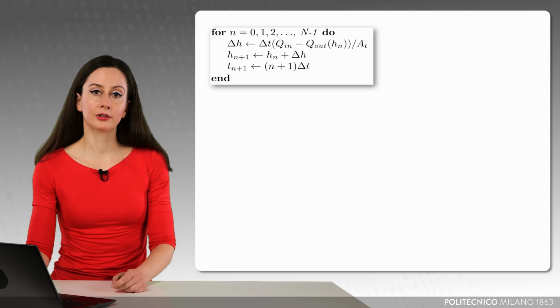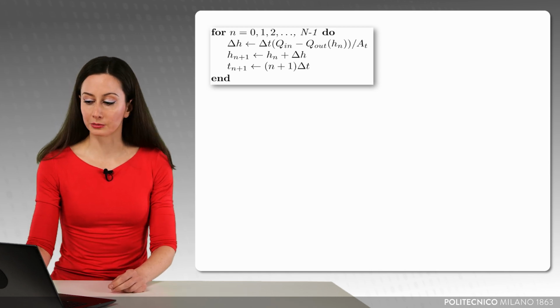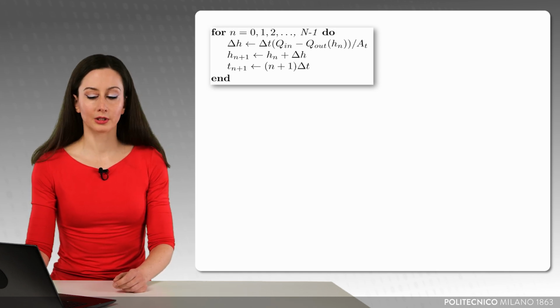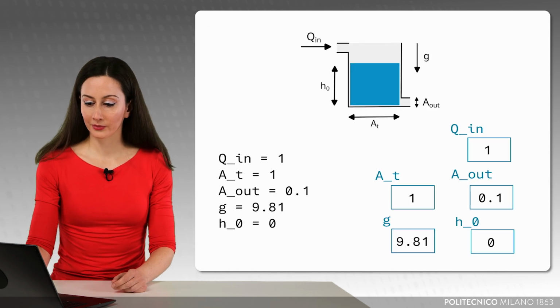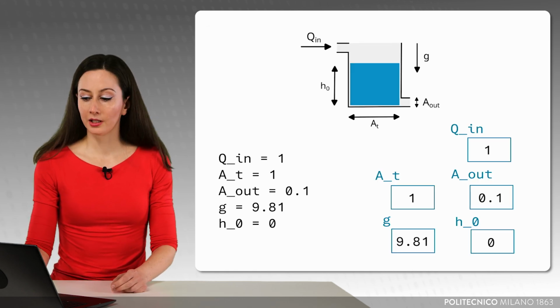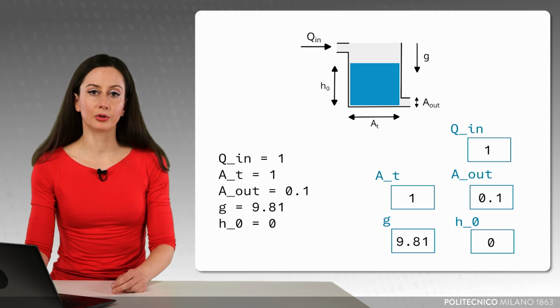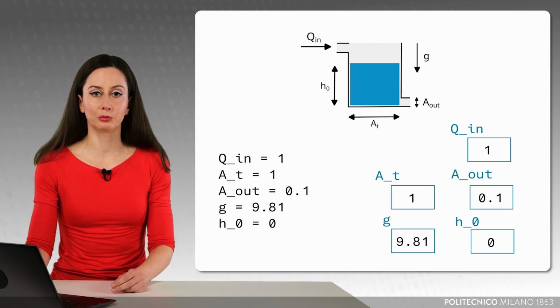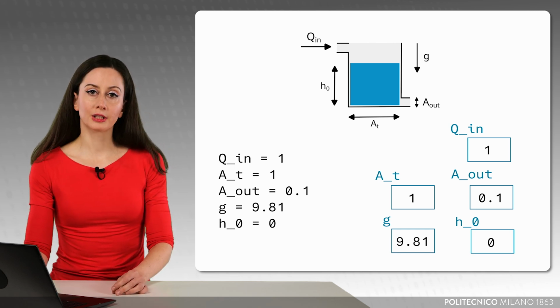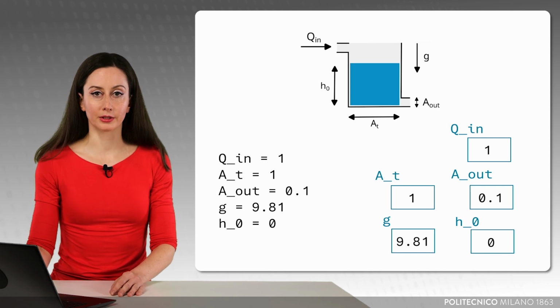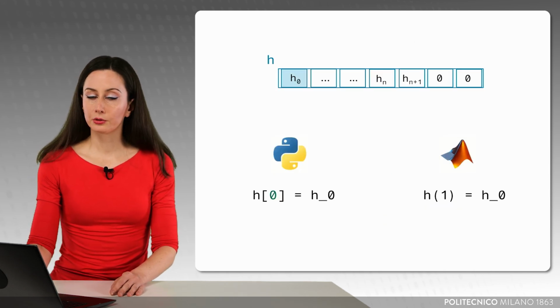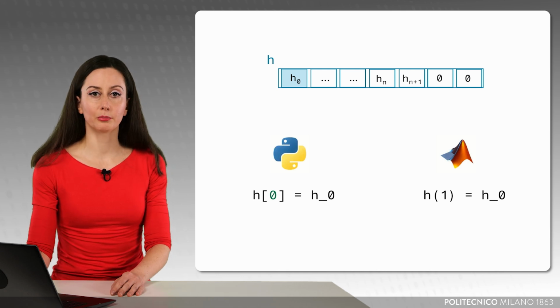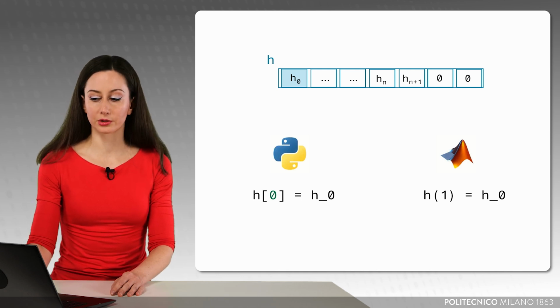And then we have learned how to translate this algorithm into computer code in Python and in MATLAB. First of all, we have seen how we can define the simple inputs for our simulation and store them in memory as floating point numbers. And then we have learned how to use containers to store many values in a single structure.